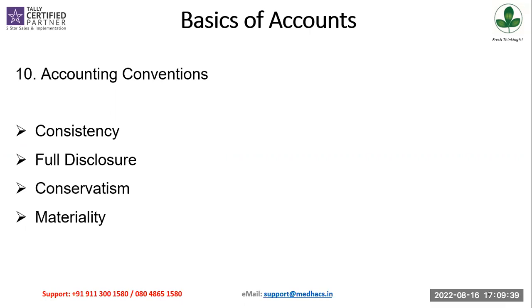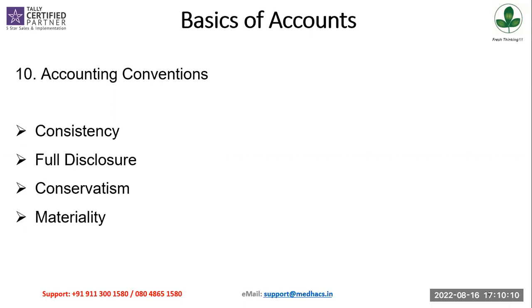So first thing is you need to follow all the rules, all the statutory norms. Then you should follow the consistency. The consistency depends from business to business. For example, in my business the consistency is very clear. All payments are made on Friday of every week. I don't make payments every day. So all my payments for that week are clubbed and we do it on Friday. That is the consistency that we follow.